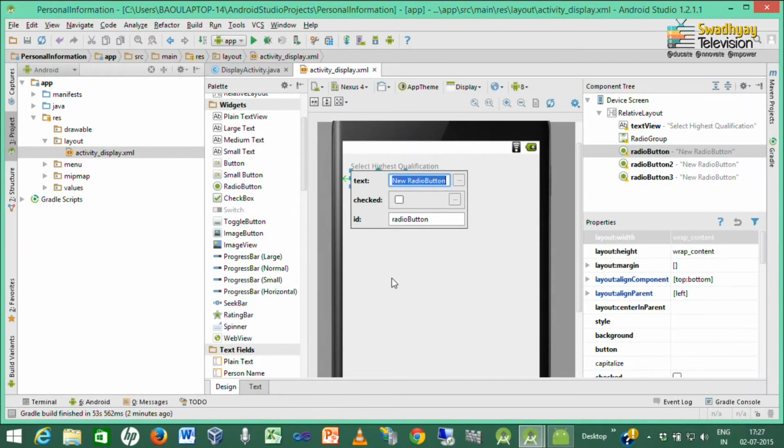So, first is graduation, we give it ID radio button 1.